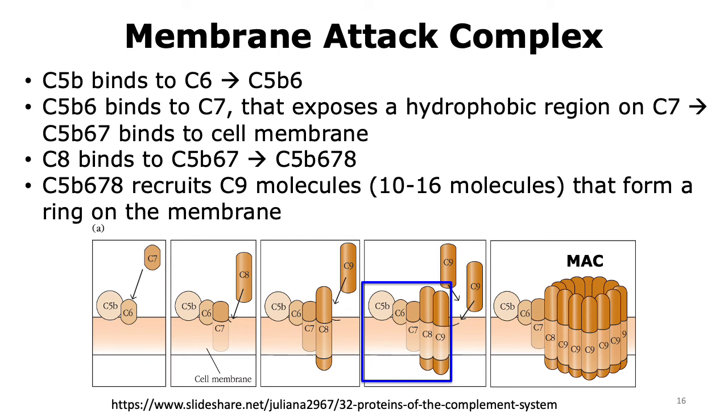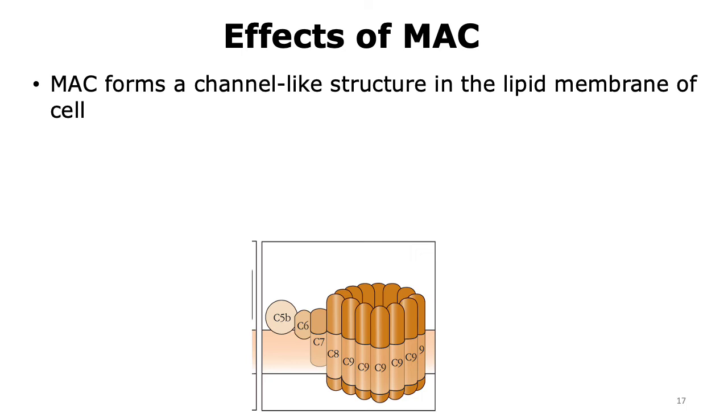But the neat thing is it doesn't recruit only one C9 molecule. It can recruit many C9 molecules, anywhere from 10 to 16 of them. And these C9 molecules arrange themselves in a ring structure to form the membrane attack complex. The membrane attack complex forms a channel-like structure in that phospholipid bilayer of the pathogen, and this pore-like structure is